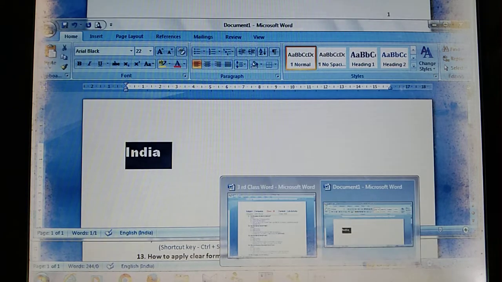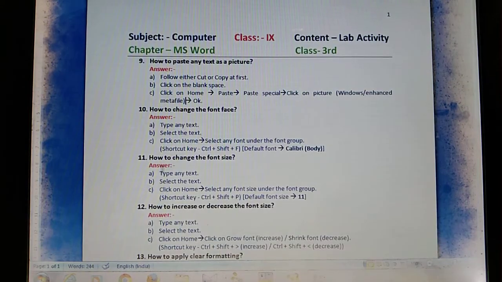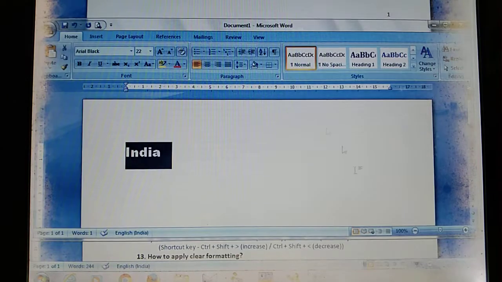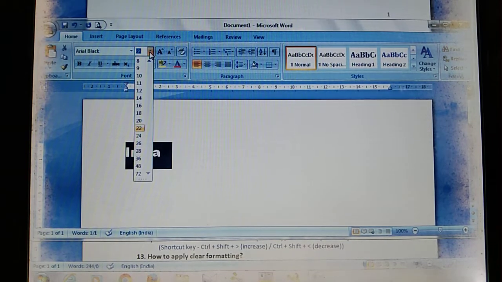Next, look at here, how to change the font size. Okay, India, already I selected this text. If I click on the font size and select from the tray 8, 9, 10, 11, 12, so any one size you may select from the tray.